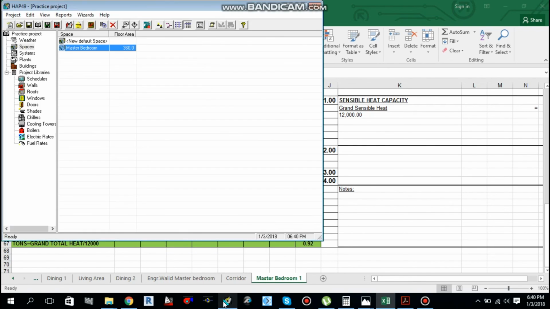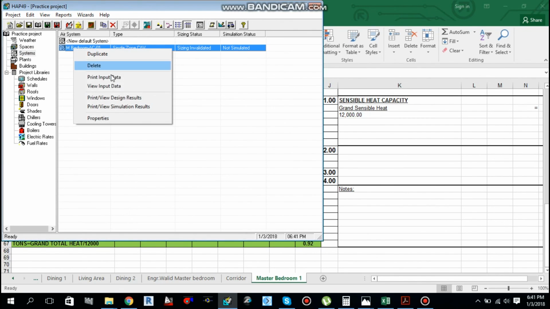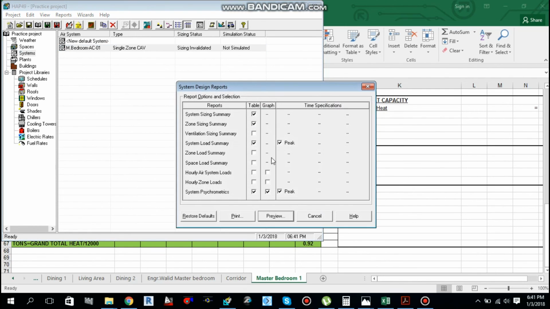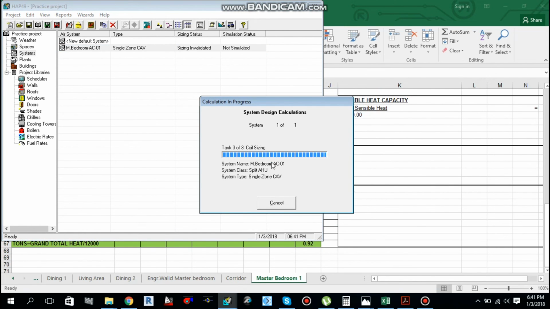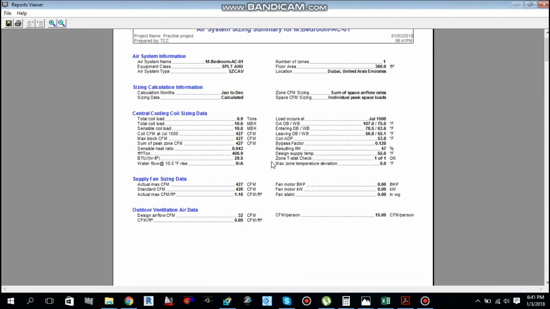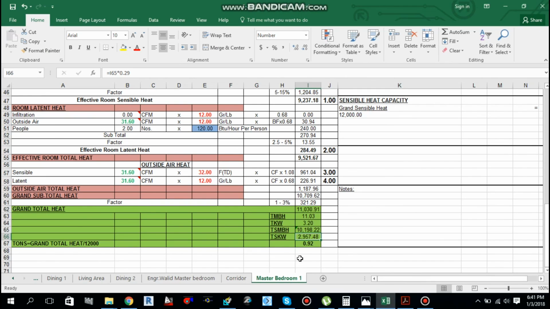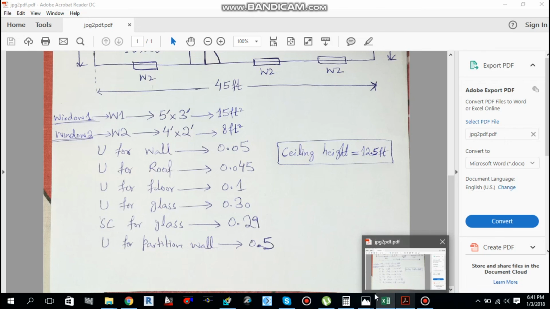If we go back to our app and compare the result, let me generate the report again and preview the report. Here, total tonnage is 0.9 ton. Here we got 0.92 ton. So approximately it's almost near.